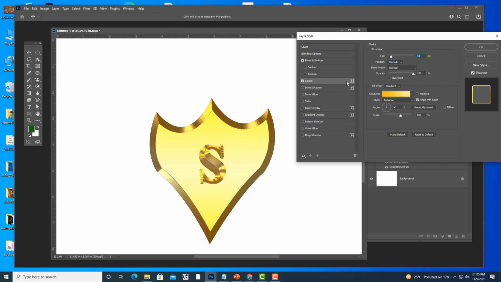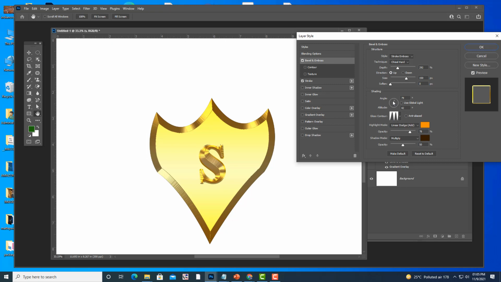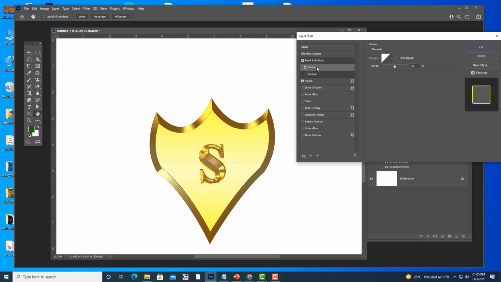And then we can change these things. I can also use this contour here. What is the contour actually? It will add some extra depth, an extra effect. And we can also change this range here.